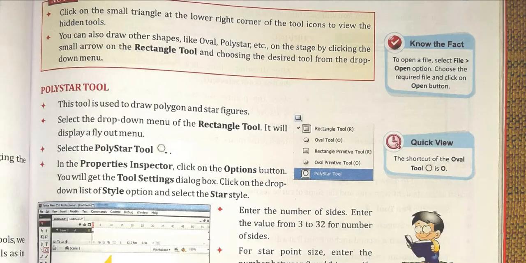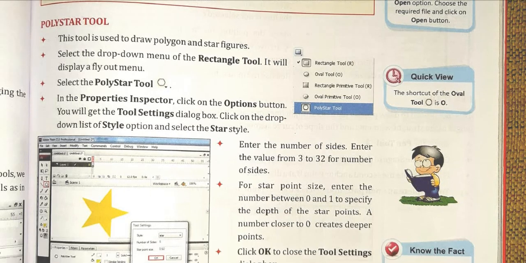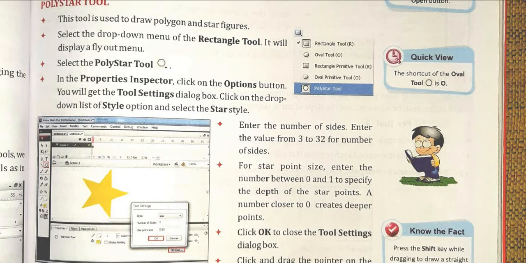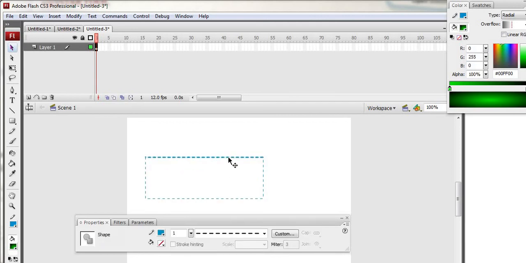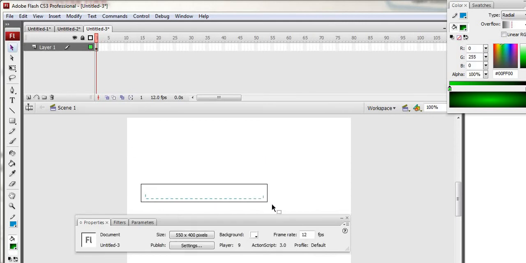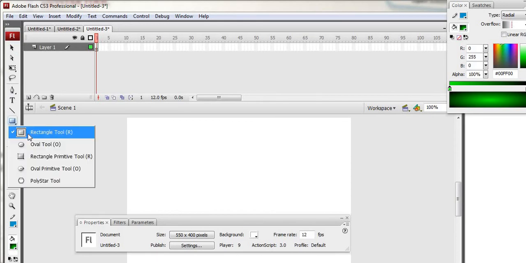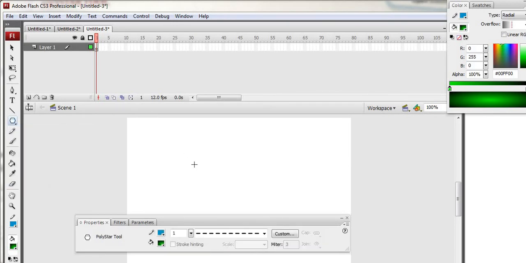Now polystar. What is polystar? Polystar means this kind of object, right? Let me delete this. This also. I have to select these together and press the delete button. Here also I am selecting this and pressing delete. So now I want to have a polystar, right? So click on this shape button, go to the polystar tool and draw one polystar like this. Okay, this is the polystar.